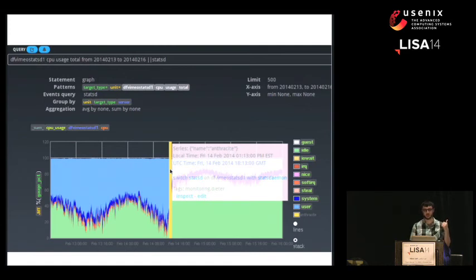In this case, I'm rendering CPU usage on our statsd server, and I'm doing a search for statsd in our events database. So this tells me, OK, right at this point, there was an event related to statsd, and I can get a lot more context on what's going on in my graph.